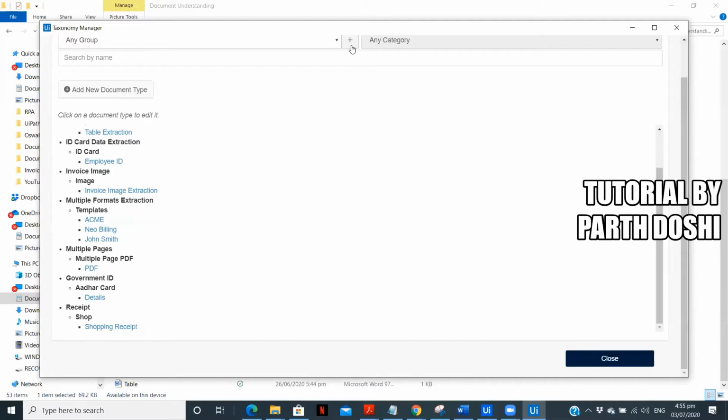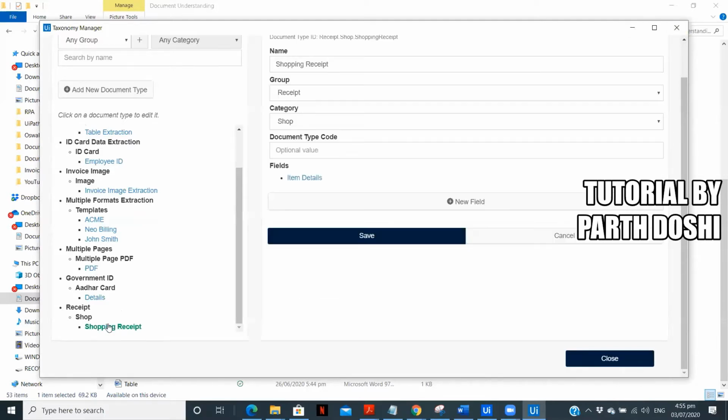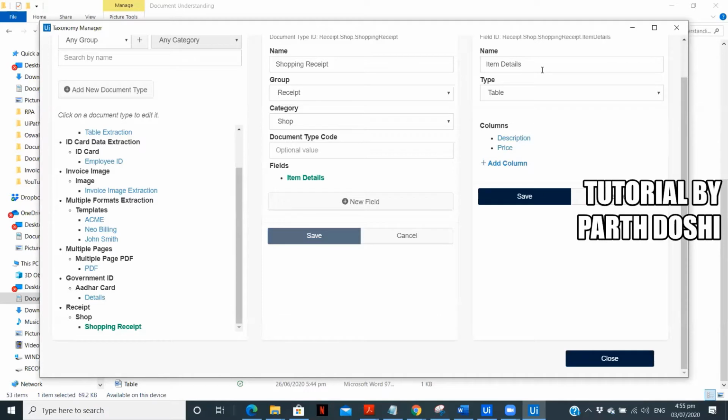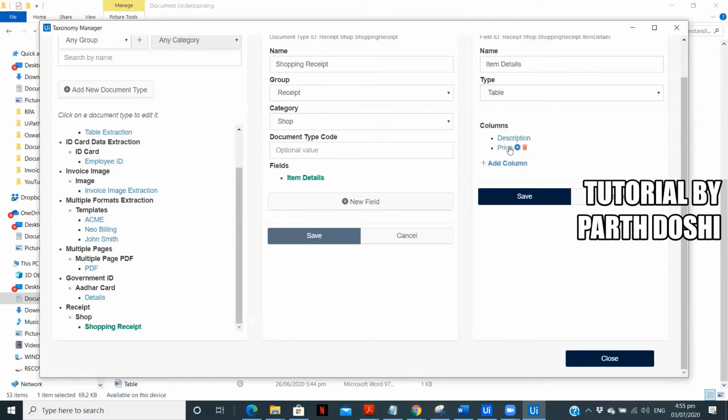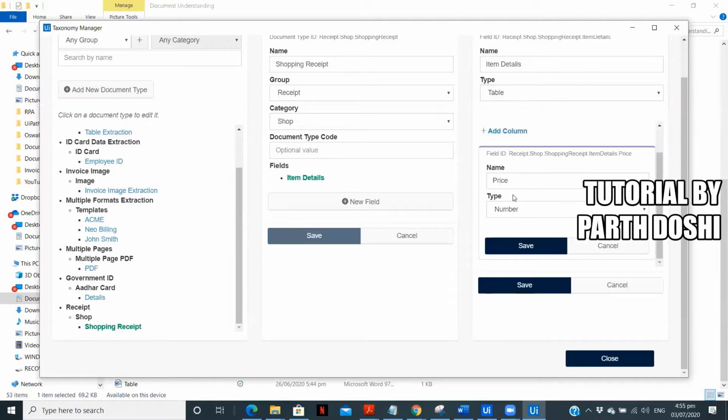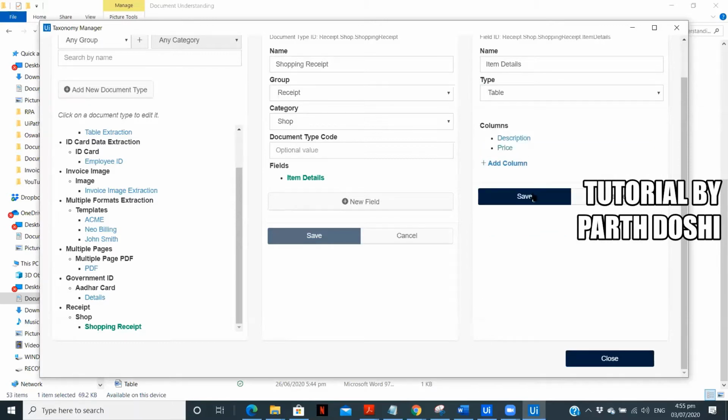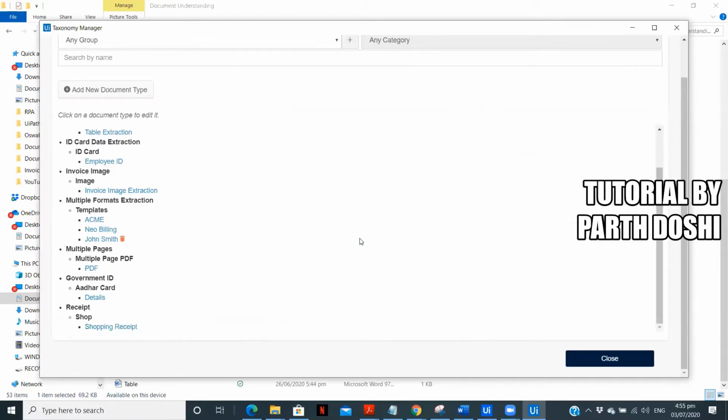I've created the group receipt, the category in that which is shop, and then another field, the shopping receipt. Here I have selected one table, item details, whose type I have kept as table. Here I am extracting the description, which is of type text, save, and price, which is a number, and save. So let's close it.